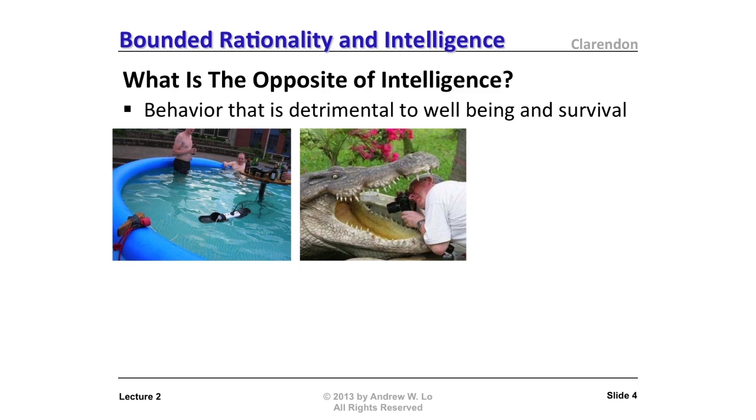Second example is a fellow who wants to get a close-up of the inside of an alligator's jaw. Now, this is funny, but this actually had a rather sad ending, as you can imagine. Somehow, something slipped, or something tickled the crocodile's jaw, and he clamped down.